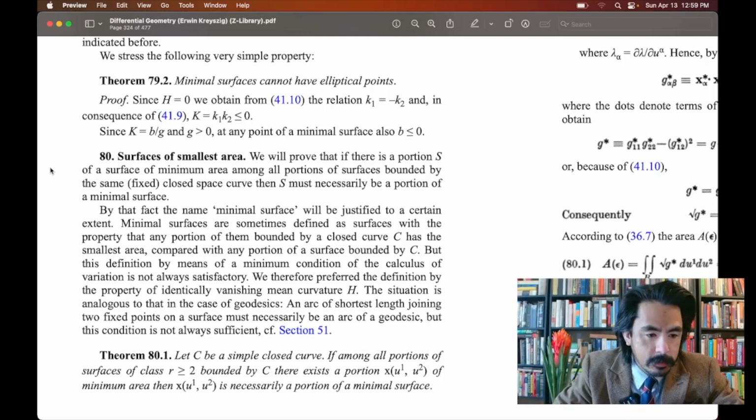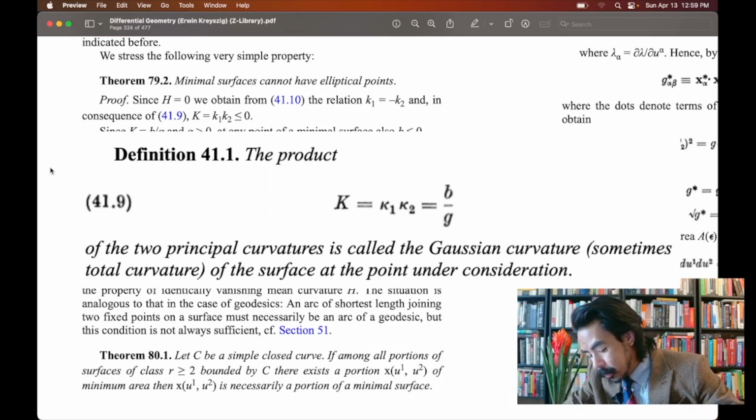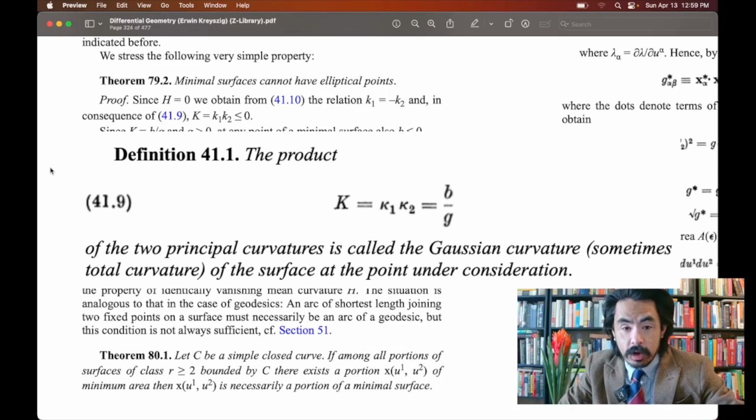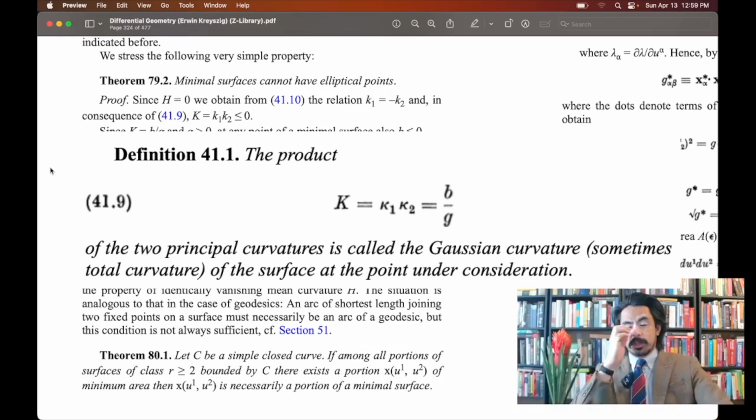kappas. So anyways, the relation kappa 1 equals negative kappa 2, and in consequence of 41.9, which is that Gaussian curvature capital K is equal to